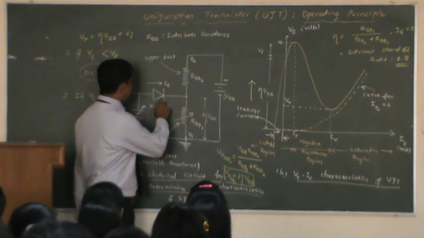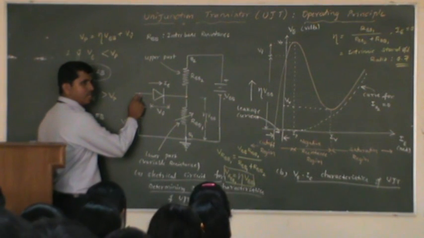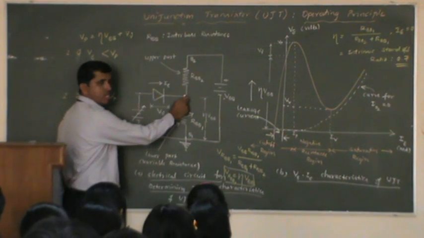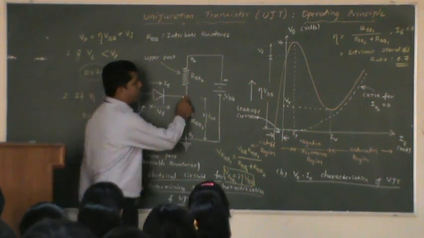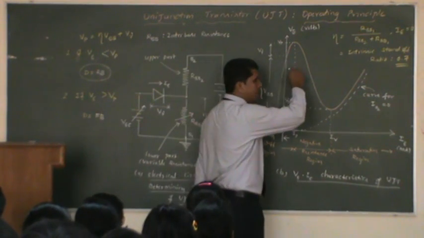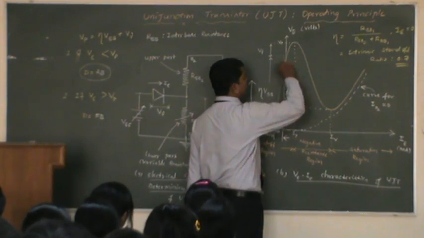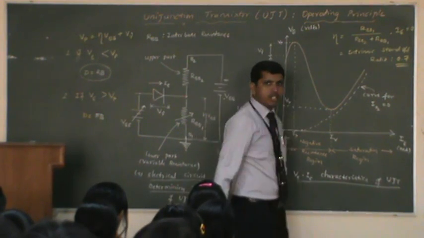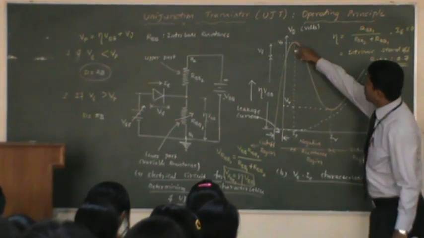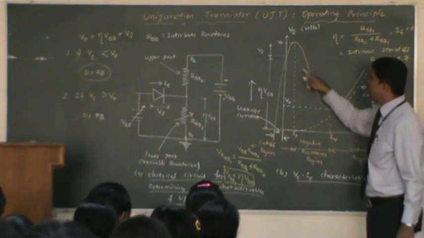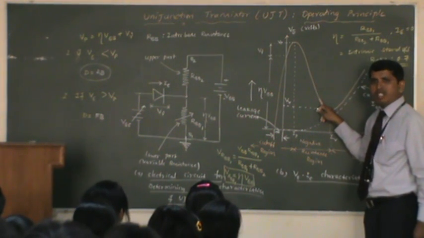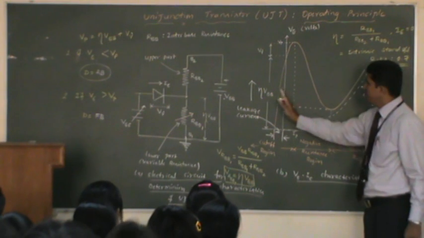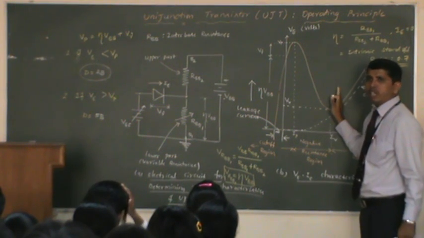This diode becomes forward biased because the voltage applied here is much larger than the voltage at the cathode. So what will happen inside the unijunction transistor? You can see here, you are increasing voltage further. But what about the voltage across the diode junction of the UJT? That keeps on decreasing. Voltage across the UJT keeps decreasing. But see the current. Do you think current is decreasing? This width will tell you the current.